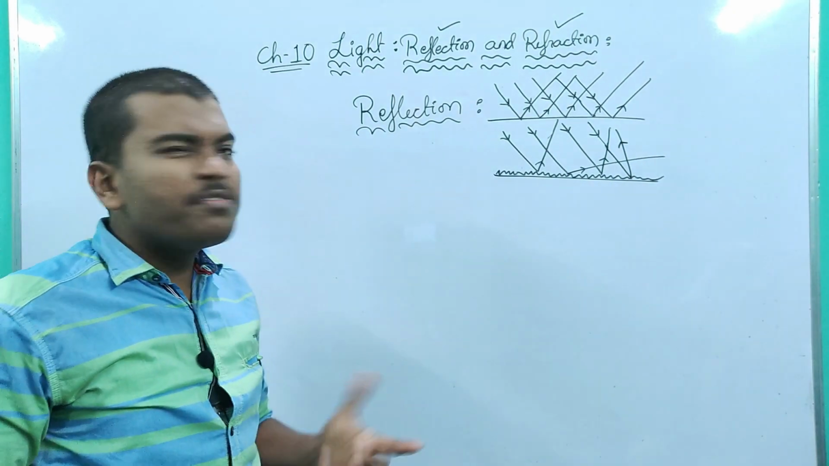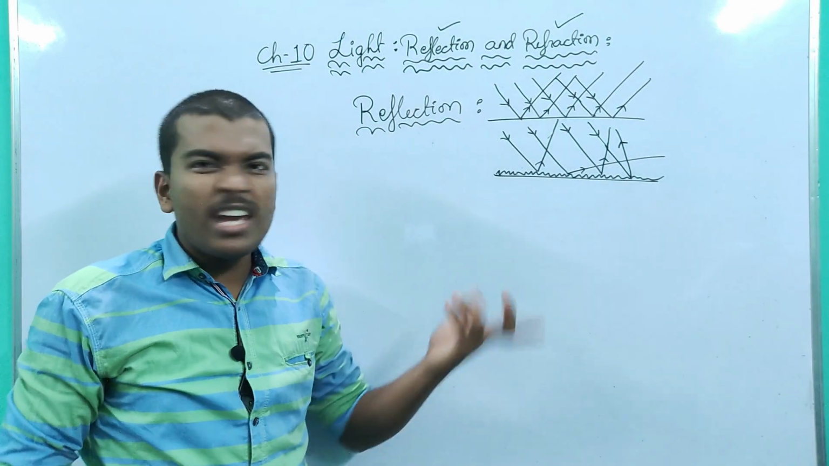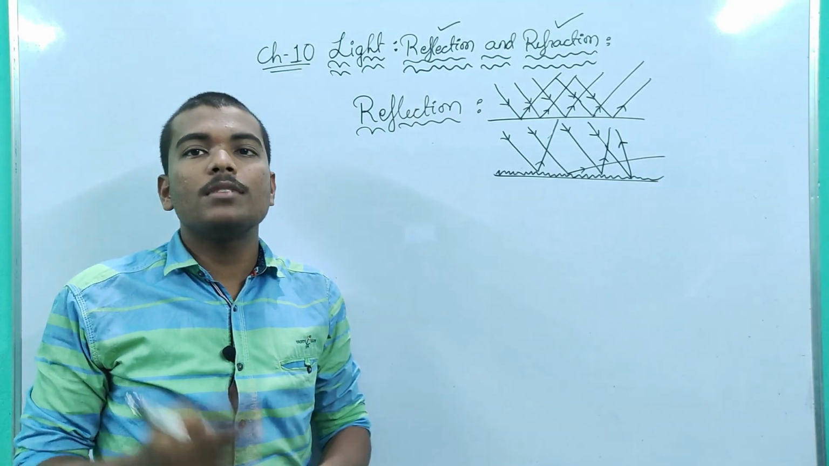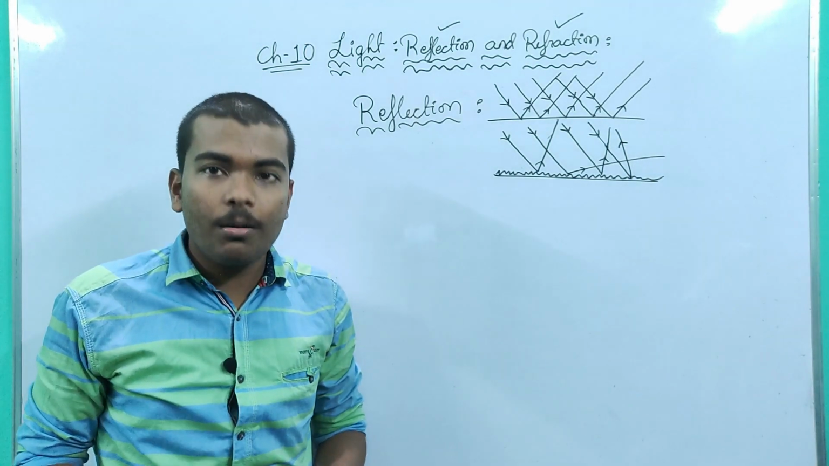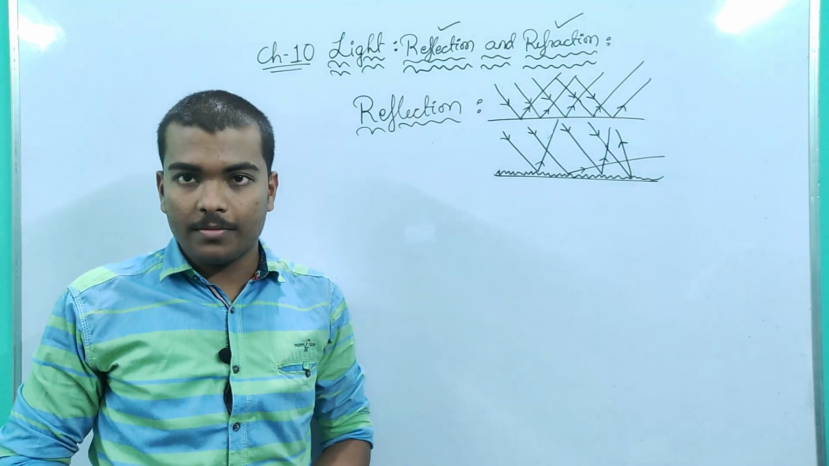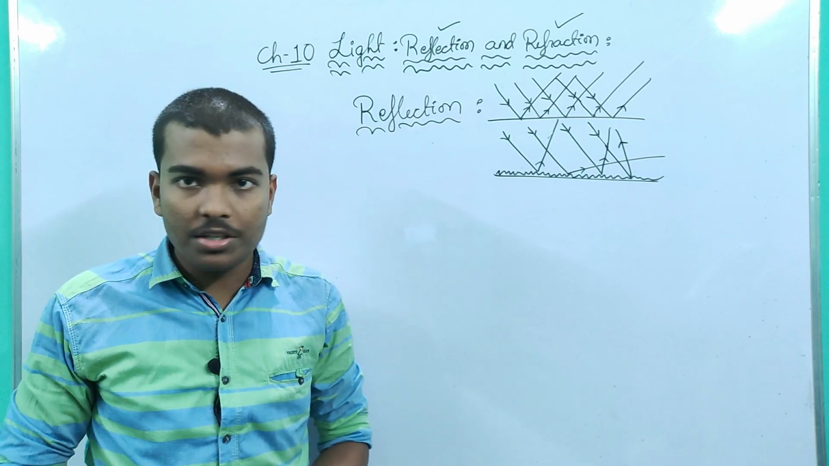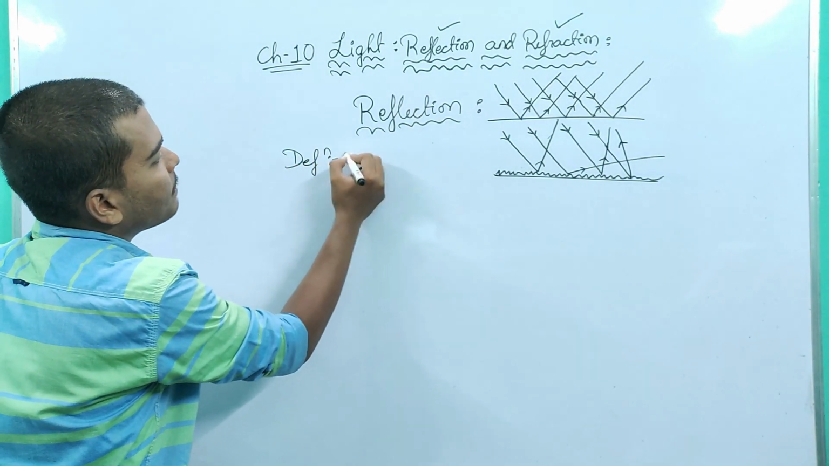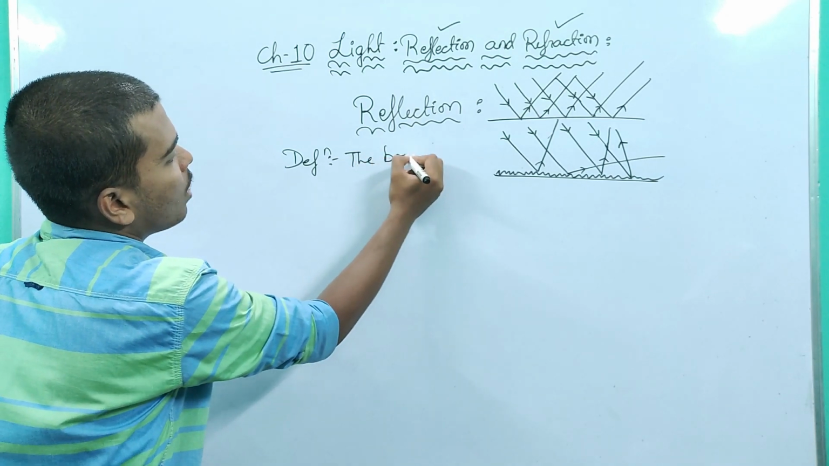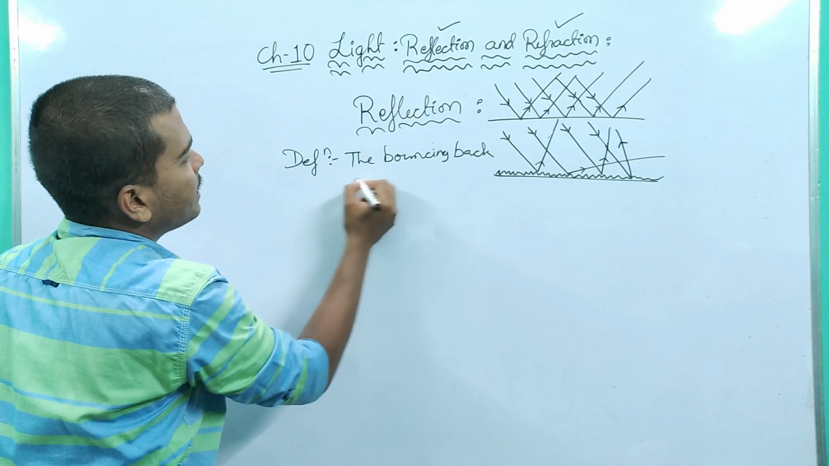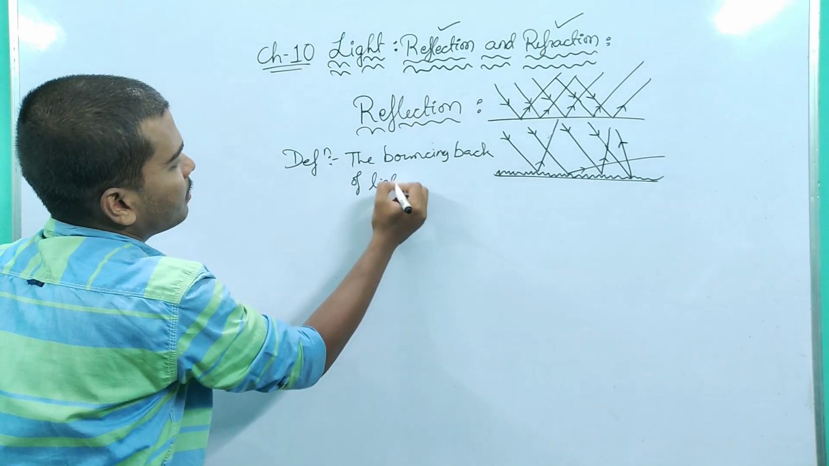I find the reflection very easy because we have already studied it in class 8. The definition remains the same: the bouncing back, the striking back, the coming back of light after striking a smooth shiny surface. This is the definition we are going to write. Definition: the bouncing back, I would choose the word bouncing, the bouncing back of light after striking